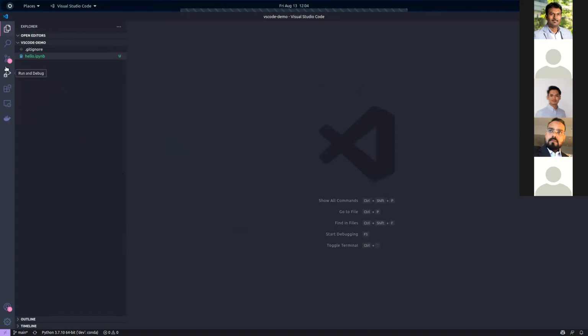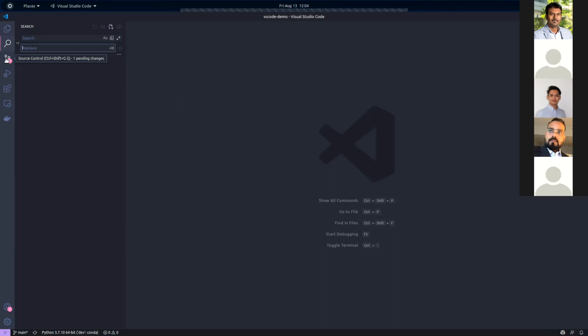For example, the first tab is Explorer, where you can see the files and folders that you've opened. And there's a universal search. Whenever you're working on your code, if you have to search a keyword across all the files in the directory, you can search that here, and you can also do replace operations.